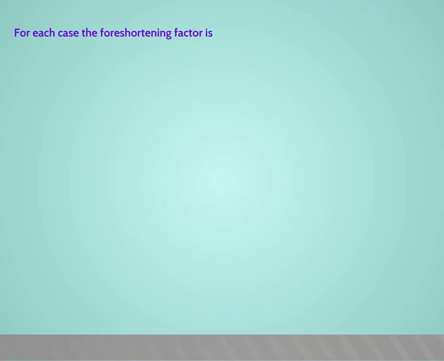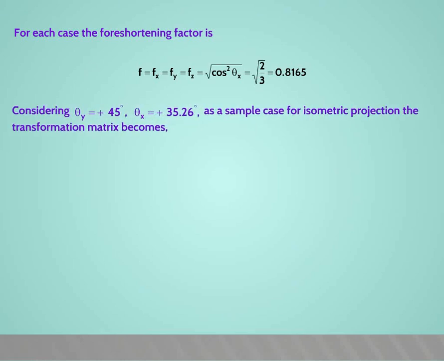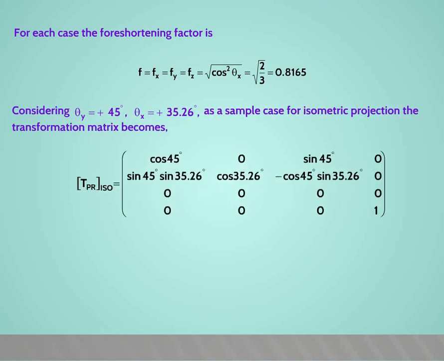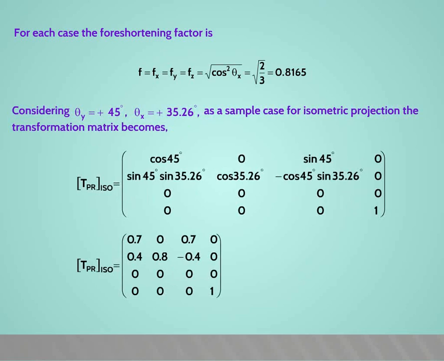For each case, the foreshortening factor is f is equal to fx is equal to fy is equal to fz is equal to square root of cos square theta x is equal to square root of 2 by 3 is equal to 0.8165. Considering theta y is equal to plus 45 degree, theta x is equal to plus 35.26 degree as a sample case for isometric projection, the transformation matrix becomes